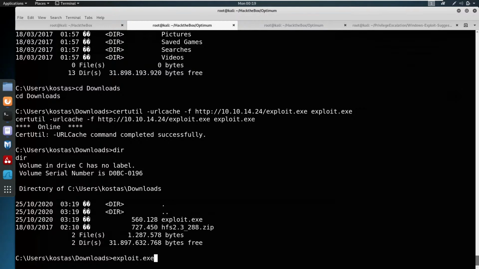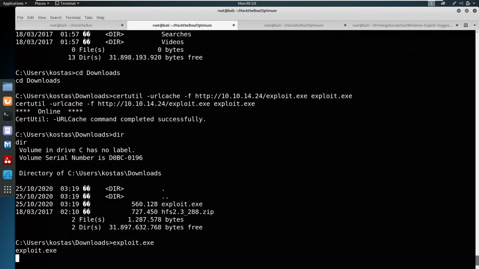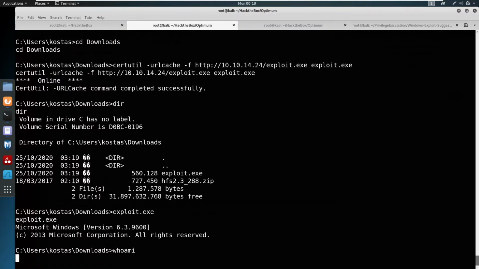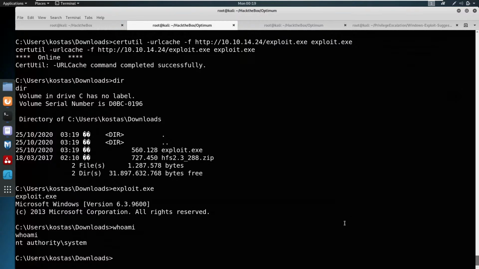Exploit.exe. Let's run this. So in order to run this, simply name the command. I think we'll be getting out there. Yes, let's look. Who am I? Yes, we are the system. So now what we can do is we can simply go back,